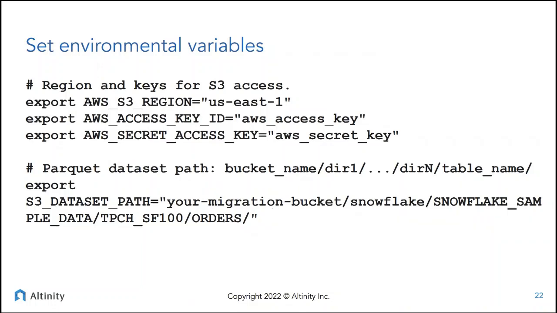Like, where's your data? Like your S3 is out in US East 1. Here's your access key, secret key, and then a path in S3 that we'll use to read the data. And the path is defined as database, schema, and then table name. So very standard. And it means that if you then have a bunch of tables, it's pretty easy to change that path, to store each table under a unique path in S3, and then read the table files in conveniently.